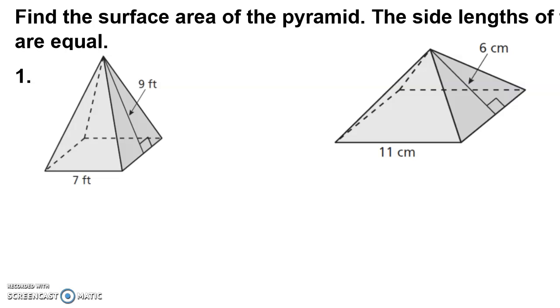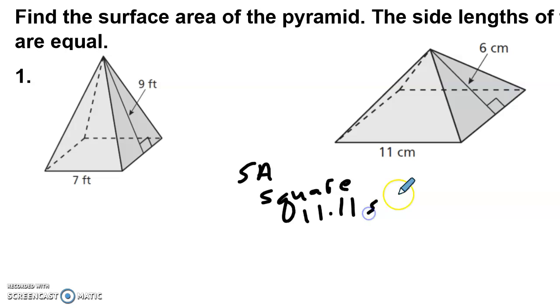Okay, now we're going to start on this one. Same thing. Our surface area is going to be the square, and if you'll notice, that's 11 times 11. So that is 121 square centimeters. Now I've got the sides, so the triangles